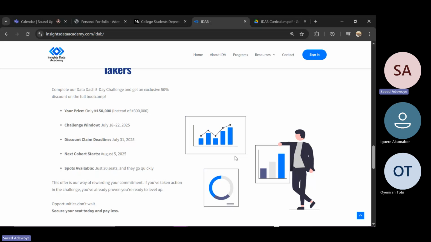And take note, this is not the first program Inside Data Academy is organizing, that is the 5 days challenge. Previously, in the beginning of the year, precisely February, we started a course like that, even though it's not for pure beginners in data analysis. We call it Portfolitics 1.0. It's for those analysts that are still struggling in building concrete portfolio projects. We did it. It's an 8 weeks program, a 2 months program thereabouts.